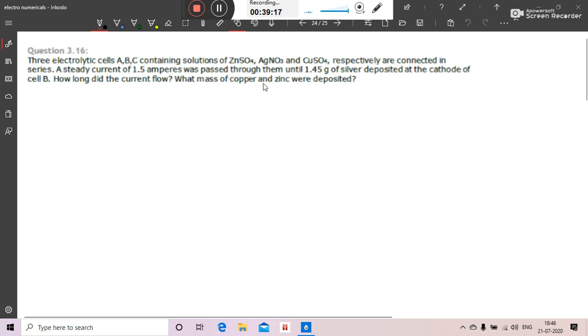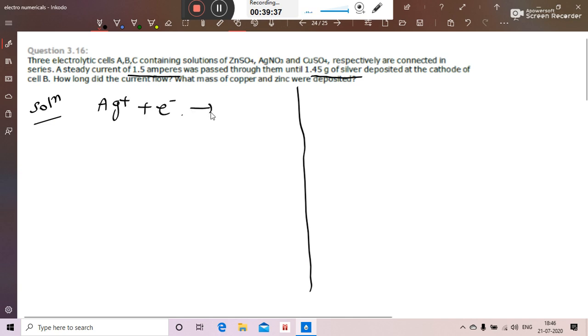So in order to find T, we require Q and I. Now I is already given, but Q we don't know. So that Q can be obtained from the amount of silver. So here we can see the reduction reaction for the production of silver. So that is Ag plus electrons gives Ag. Now here you can see that 1 mole of electron is there. So that means 96500 Coulomb is there. So from the balanced equation, 96500 Coulomb electricity gives 1 mole of silver. That means 108 gram, which is the atomic mass of silver.